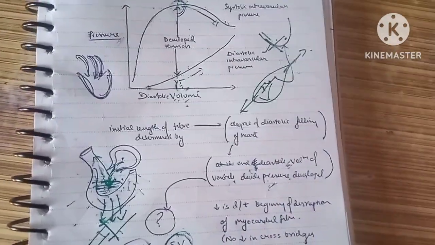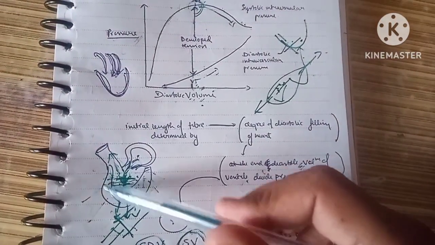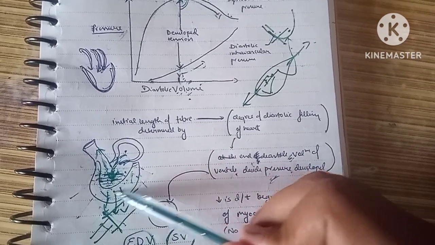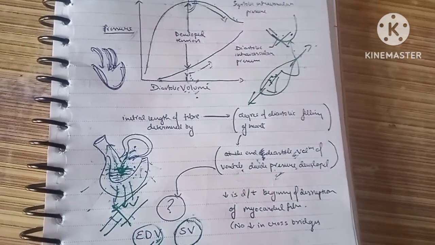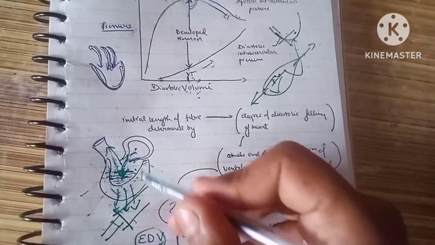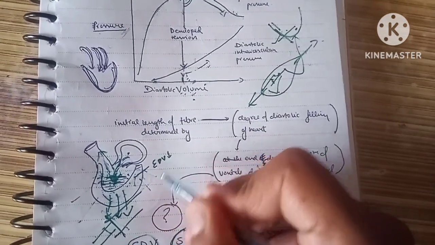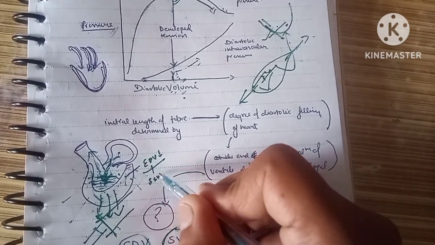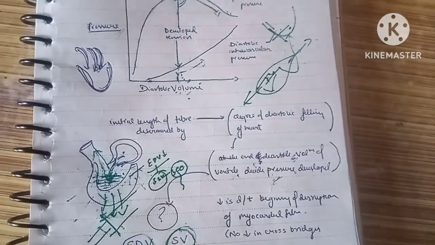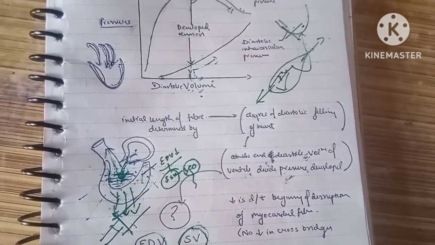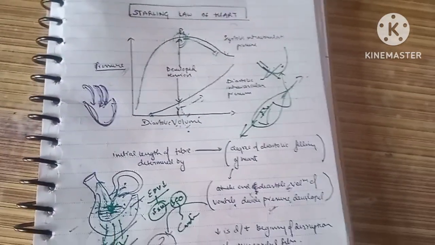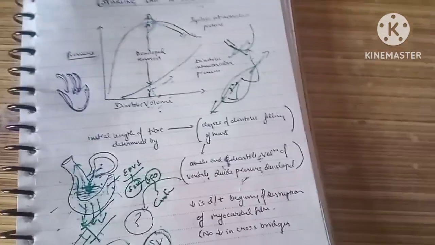This can be applied in a patient who has diastolic dysfunction. If a patient has diastolic dysfunction, the compliance of the heart will be decreased, meaning that at diastole the filling of the ventricle will be decreased. Because of this decreased filling of the ventricle, there will be a decreased end diastolic volume. Because of this decreased end diastolic volume, there will be decreased stroke volume, and eventually decreased cardiac output, which will manifest in many forms. So this diastolic dysfunction can be a cause of cardiac failure. This is one of the applications you need to understand about Starling law of the heart, and how it operates.